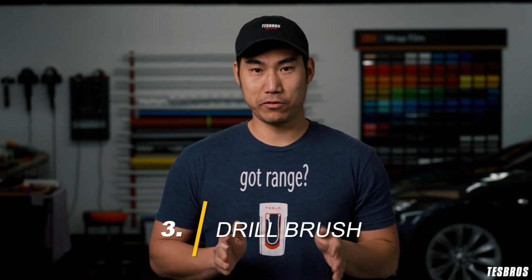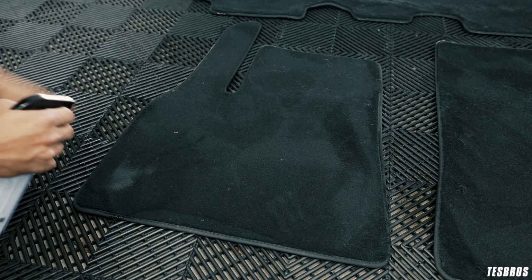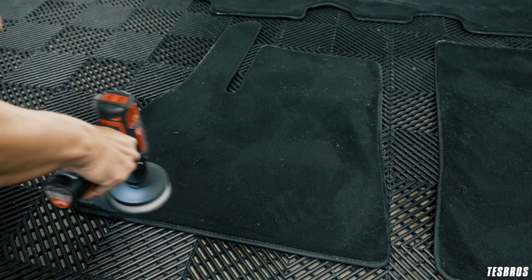Your mats are probably the dirtiest part of your car, mainly because you step on them, you go into muddy areas, and then you just track a lot of dirt. Sometimes it can be really hard to clean it with a simple wipe. So what you would need is a drill brush, and this works really easy. Spray the interior cleaner onto your mat, let it sit for a little bit, and then use a drill brush